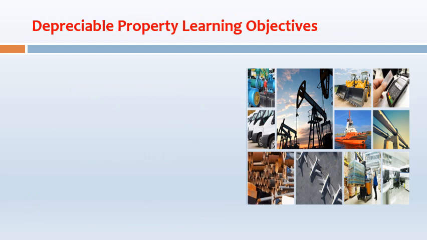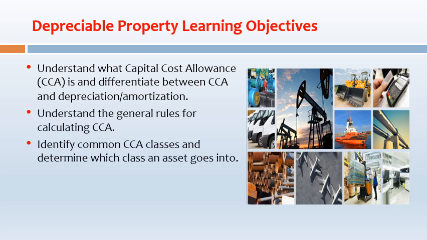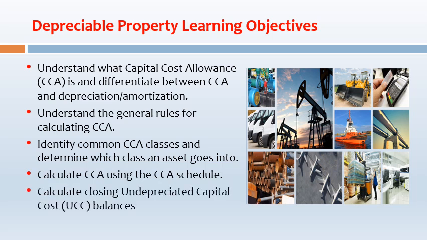Here are some of the learning objectives for this video. Upon completion, you should be able to understand what capital cost allowance or CCA is and differentiate between CCA and depreciation for accounting purposes, understand the general rules for the determination of CCA, identify common CCA classes, and also determine which class an asset goes into, calculate capital cost allowance using the schedule, and calculate closing undepreciated capital cost or